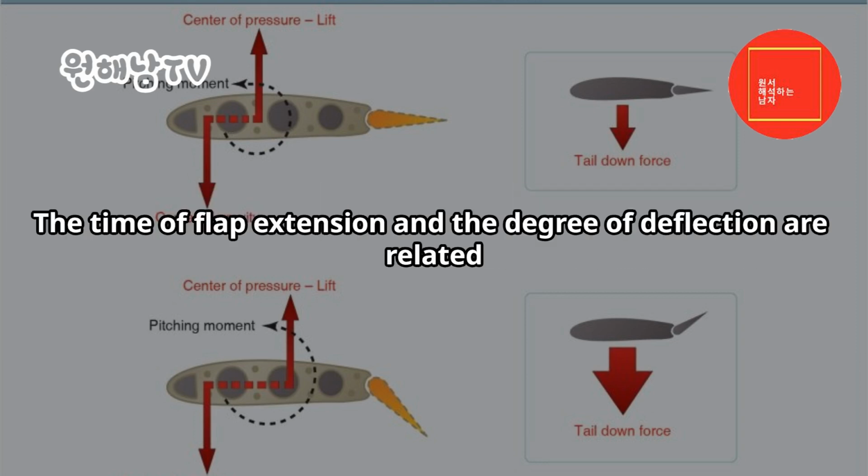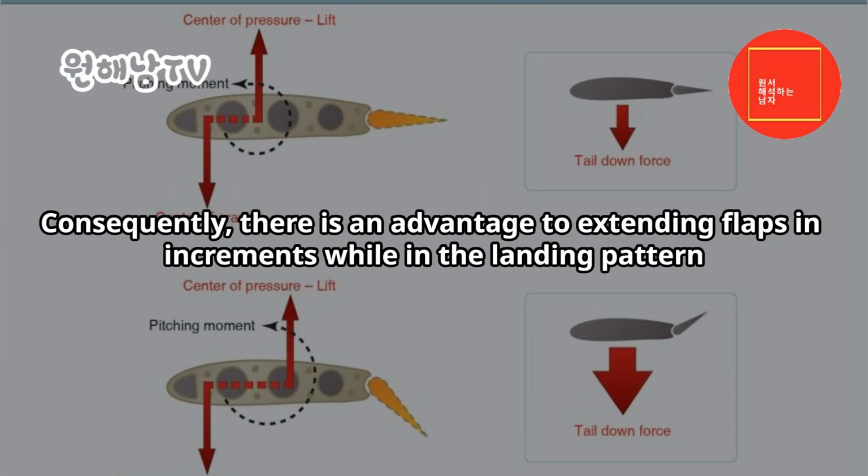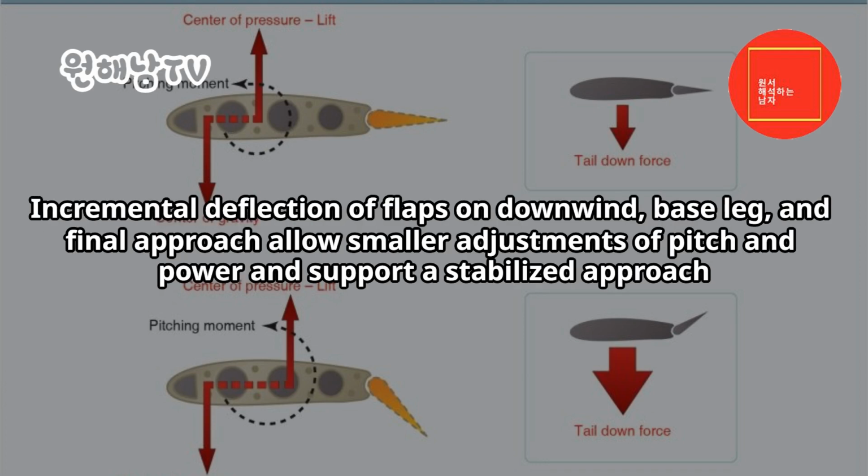The time of flap extension and the degree of deflection are related. Large changes in flap deflection at one single point in the landing pattern can produce large lift changes that require significant pitch and power changes in order to maintain airspeed and descent angle. Consequently, there is an advantage to extending flaps in increments while in the landing pattern. Incremental deflection of flaps on downwind, base leg, and final approach allows smaller adjustments of pitch and power and support